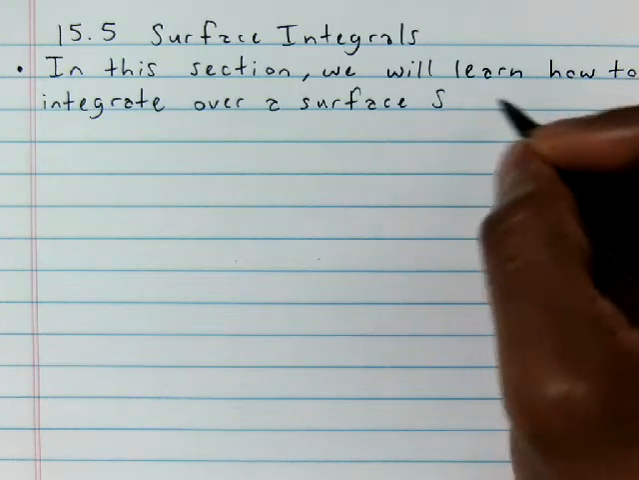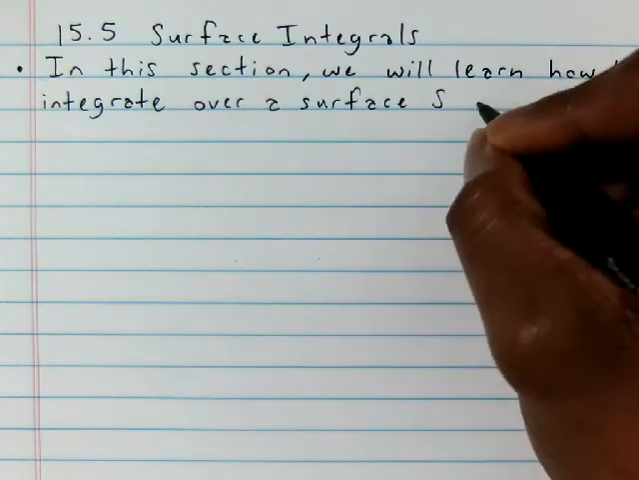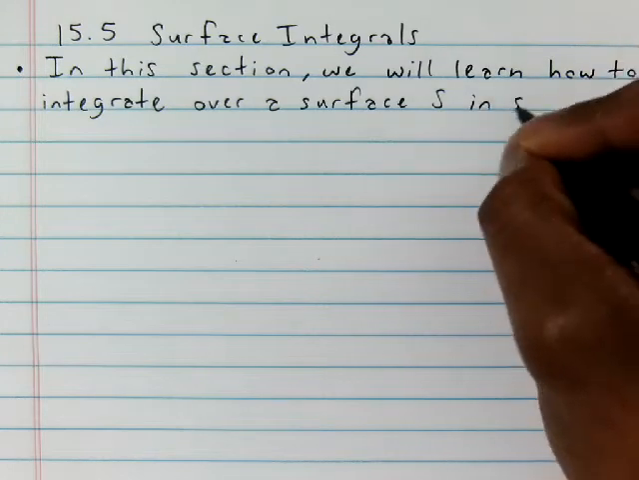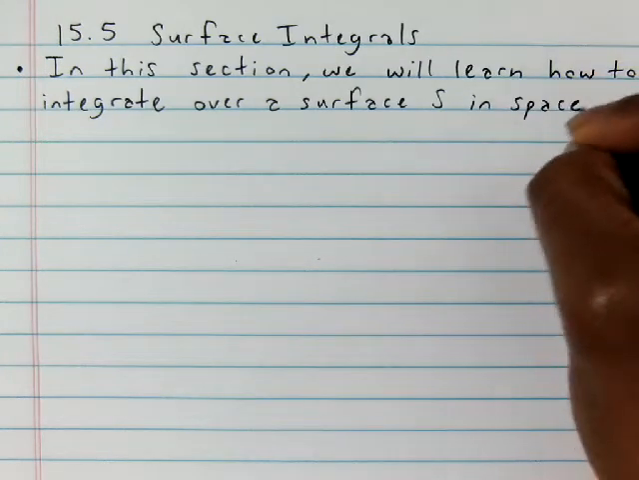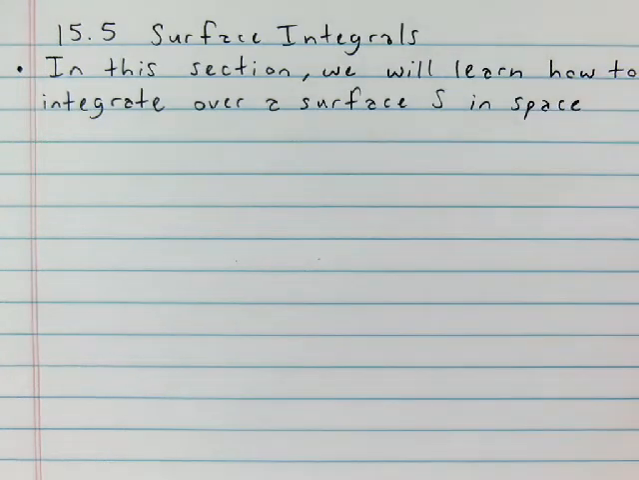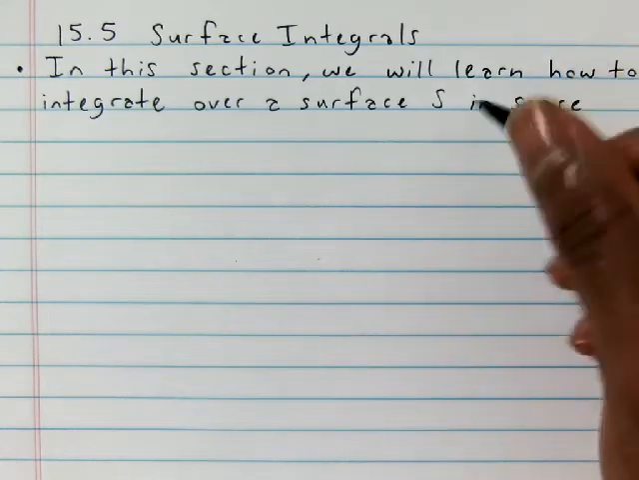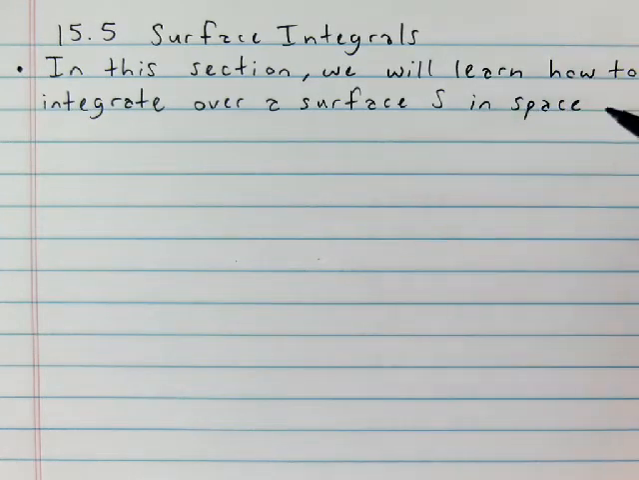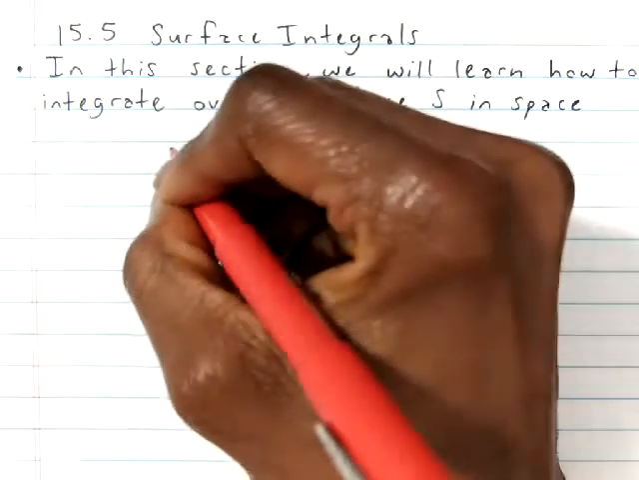The surface S in space, so versus a surface being in the XY plane. So now we have some surface in space. Now the approach we're going to use will work in the XY plane, of course, but more generally we're going to be looking at doing things in 3 dimensions. So now the region over which we integrate